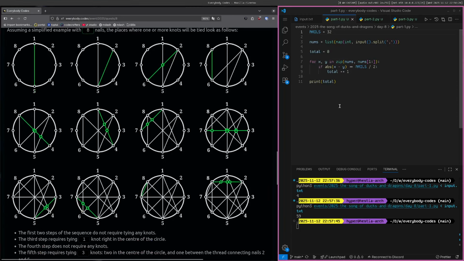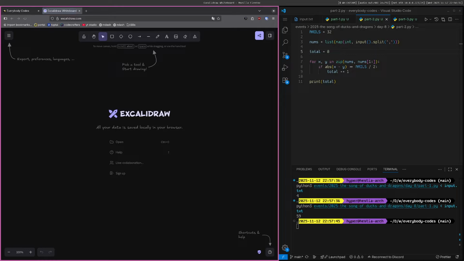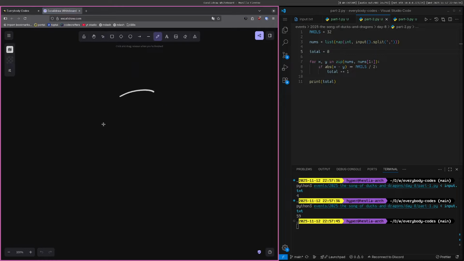And so the way we can do this is each time we add a thread, we keep track of which threads already exist, and then each time we add a new thread, we check with the previous ones. Now, how do we determine if a thread intersects another thread? Well, if we use our example with 8 nails,